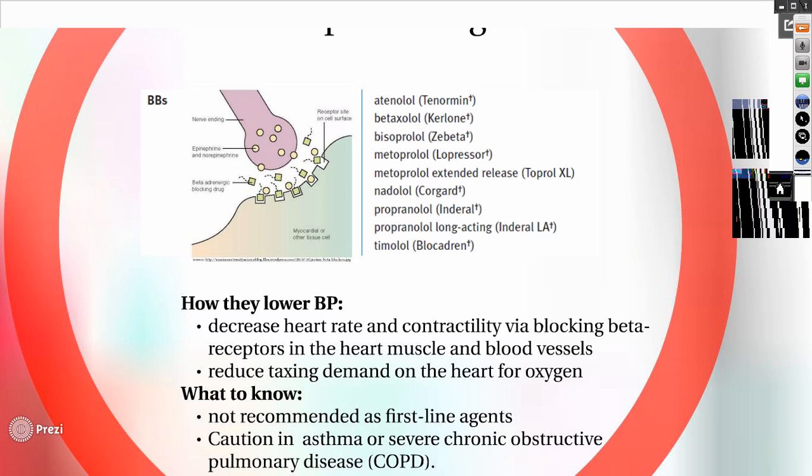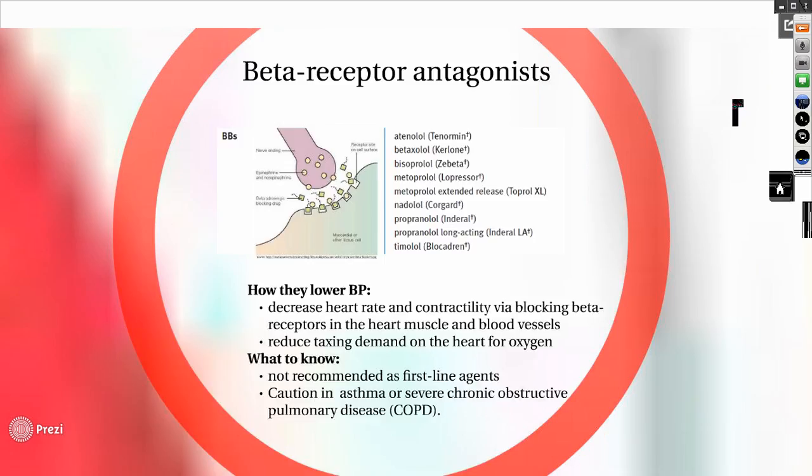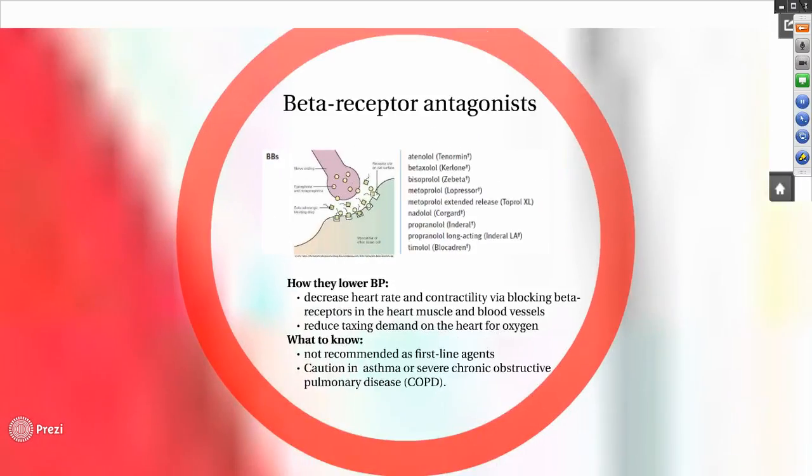There are also beta receptors in the blood vessels, and beta receptors in the lungs. And that's why in patients with asthma or severe chronic obstructive pulmonary disease, these agents should be used with caution, especially the non-selective agents, because they can block these beta-2 receptors in the lungs and cause problems for these patients. We'll go into this point further. These agents are not necessarily recommended first line, and when we get to the guidelines, we'll go ahead and see why. So let's move to the